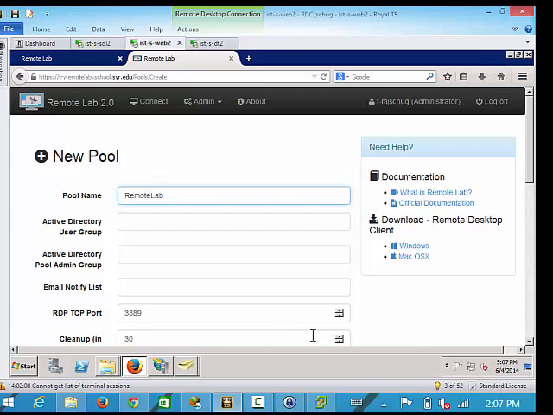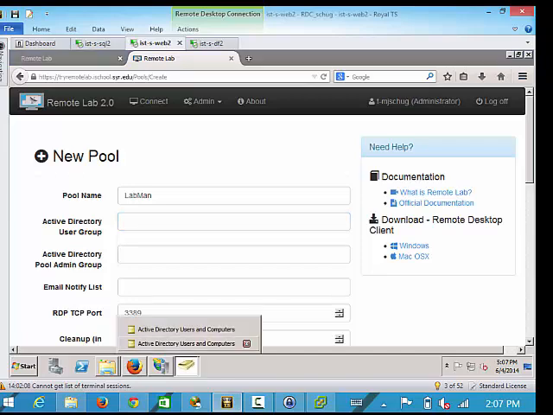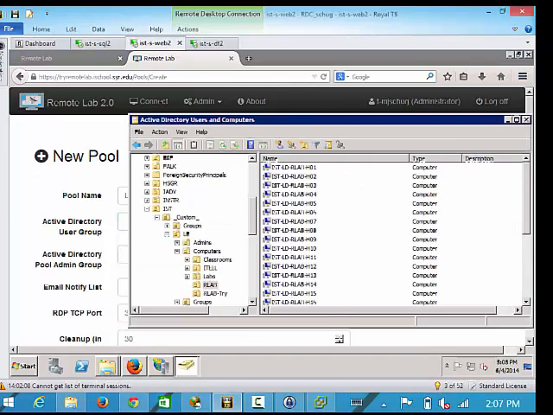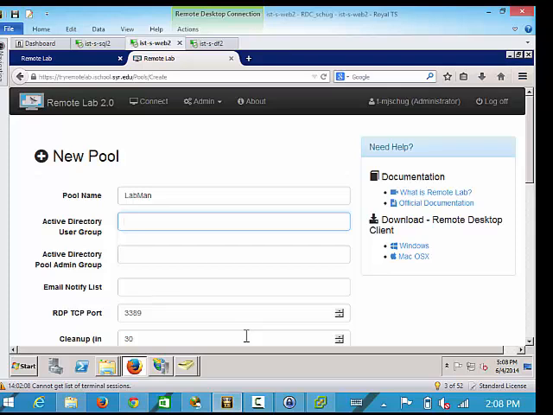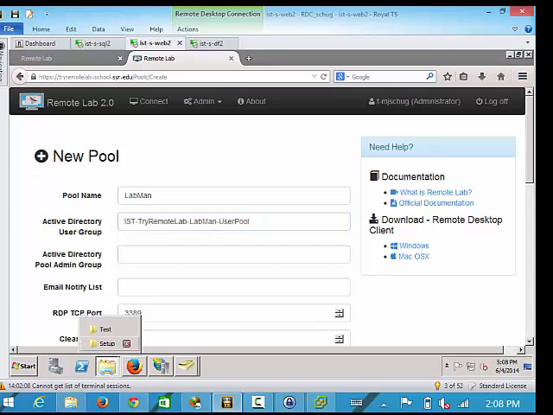He's going to put in a pool name, and then this is the group, this AD group here. Whoever's a member of this group can log in and use one of the computers in the pool. So he made a group already called Labman User Pool, and if we did this right, it's like a magic trick. Every single user account on one of these pre-printed cards is a member of that group,